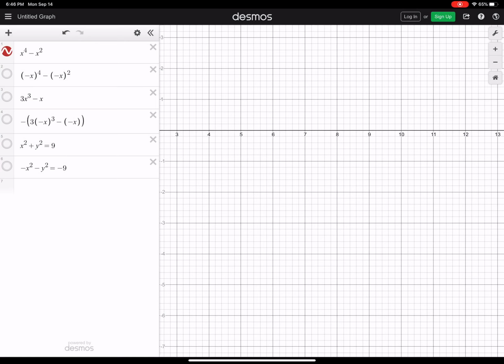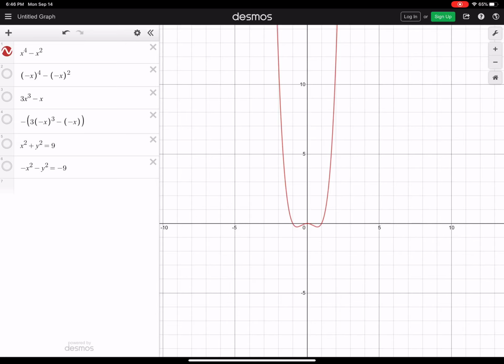We're going to talk about symmetry today. And what I have here is the function x to the fourth minus x squared in Desmos. I have picked my exponents carefully because I want to have an example of an even function. I want to be able to take negative x in the place of x and do the very same thing that this function f of x equals x to the fourth minus x squared is doing,